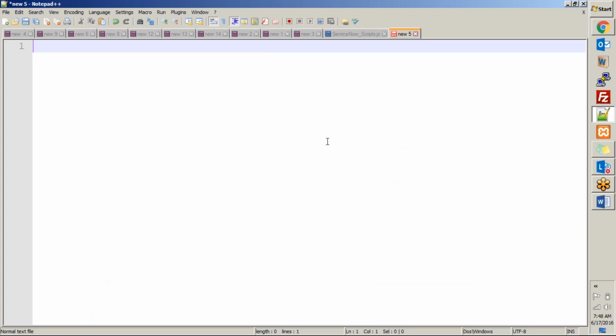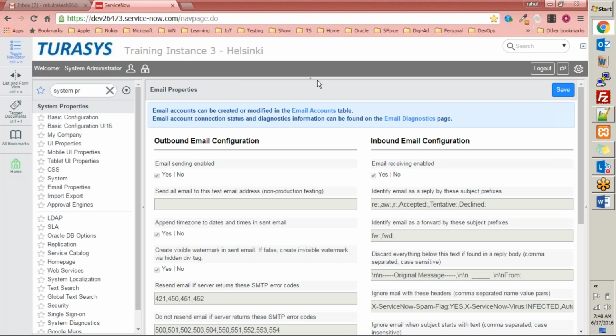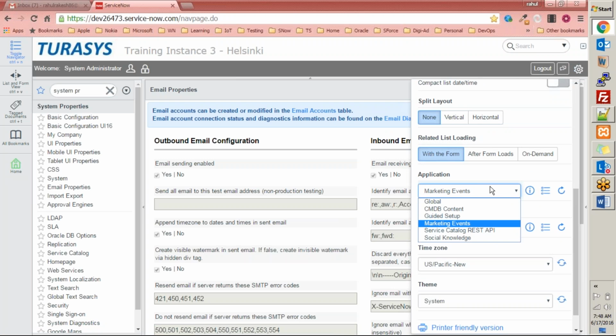The answer to the question is we have different scopes for different applications. So we have a scoped application in ServiceNow, right? And when we create applications, an entry will be created in the applications list here. Some of the applications in this ServiceNow instance are the global application, which is the default one that comes with the ServiceNow instance, then CMDB content, guided setup, marketing events application, which is the application that we created, and the rest of the two,